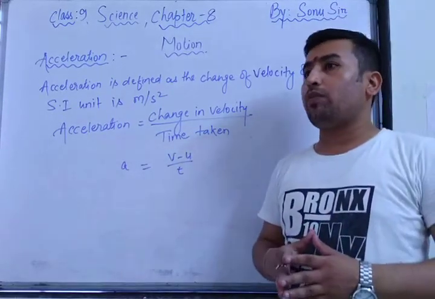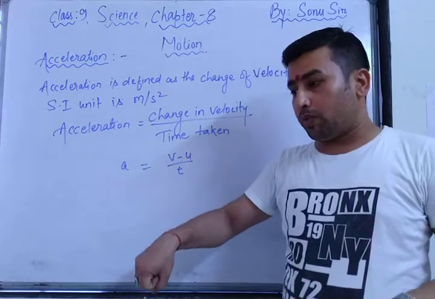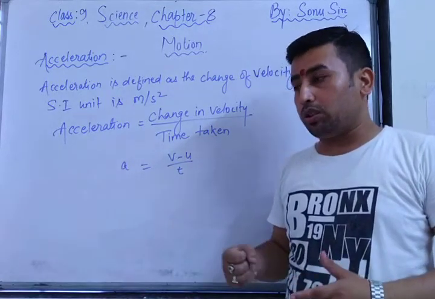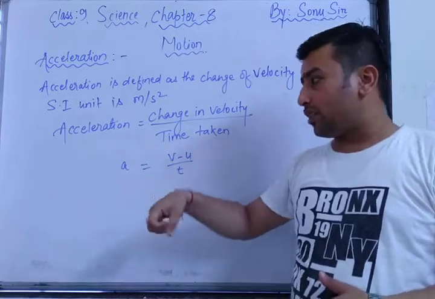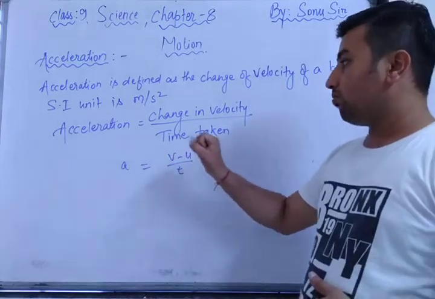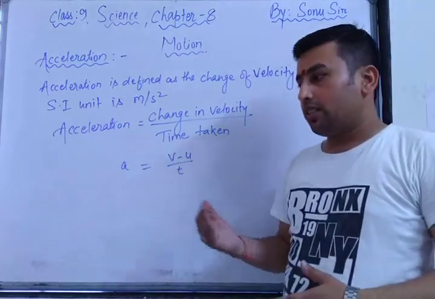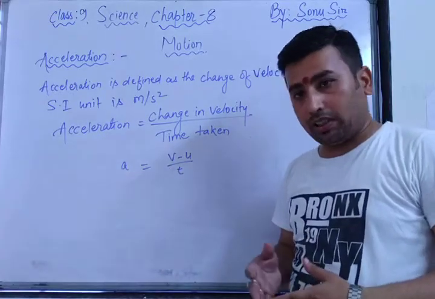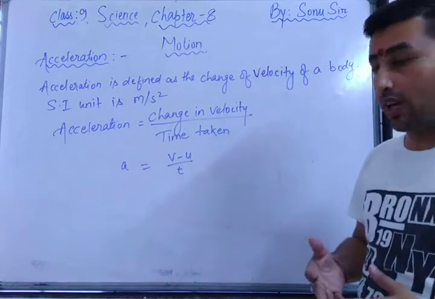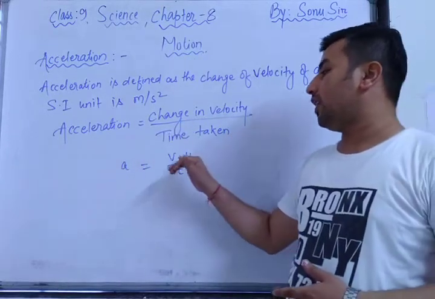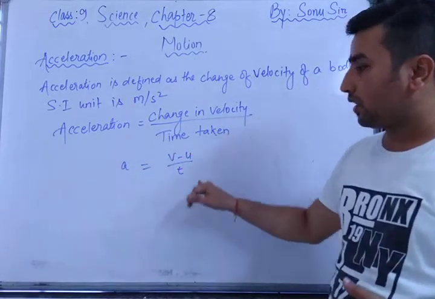As I have already informed you, whenever we start a bike or a scooty, sometimes you will see that you are putting your accelerator on full, right? As you put your accelerator full, change in velocity happens. Sometimes you ride at 40 speed, sometimes 60, sometimes 80. So the change in velocity comes, right? So here change in velocity is final velocity minus initial velocity by time taken.